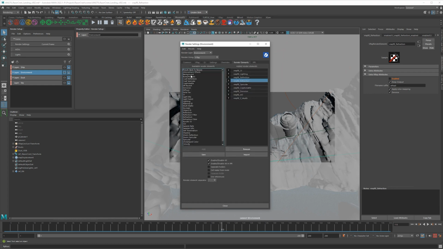Sometimes it's a little bit laggy, so sometimes you have to go back to a different layer to check to make sure it's still in the ship, which it is. Go back to your environment here, and you can see that that is disabled, and this is now no. Okay, we do need to have that.